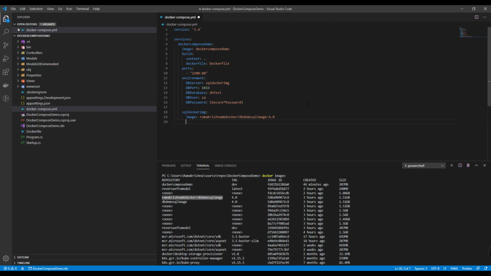And we need to give environment variables to accept the user license agreement, and we need to give a password in the environment. Accept EULA, and give the password we need to accept.